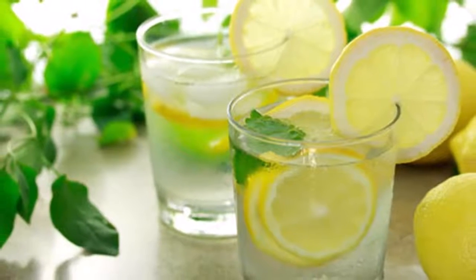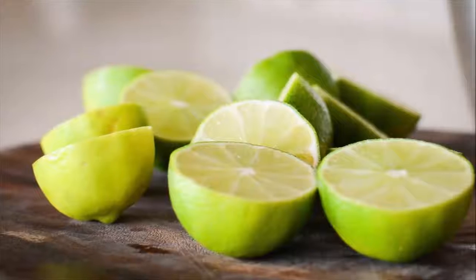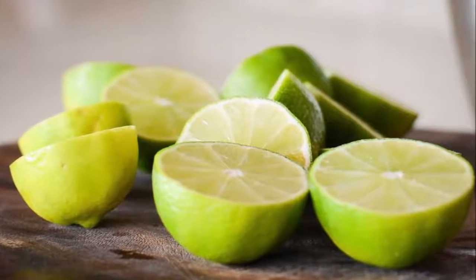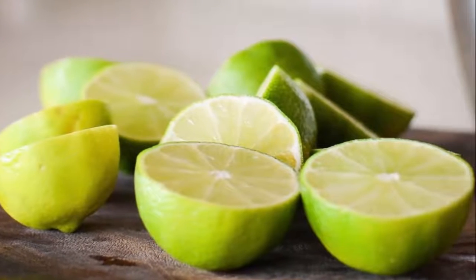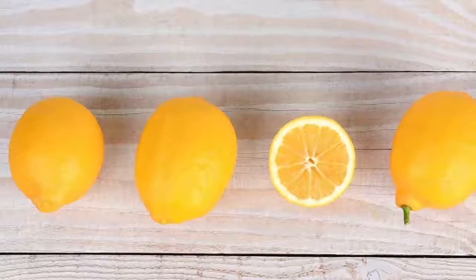Gums. Swollen. Drink a glass of diluted fresh lime juice with a pinch of sea salt to relieve the pain of swollen gums. Use the albedo, the white matter under the peel, from the squeezed lime and rub on the gums. Heartburn. Add 2 teaspoons of concentrated lime lemon juice into a glass of warm water and drink to relieve